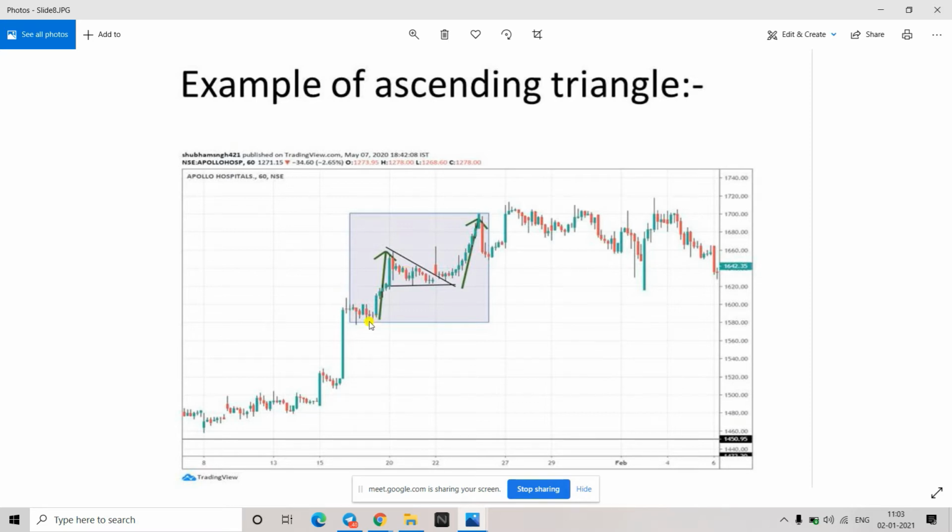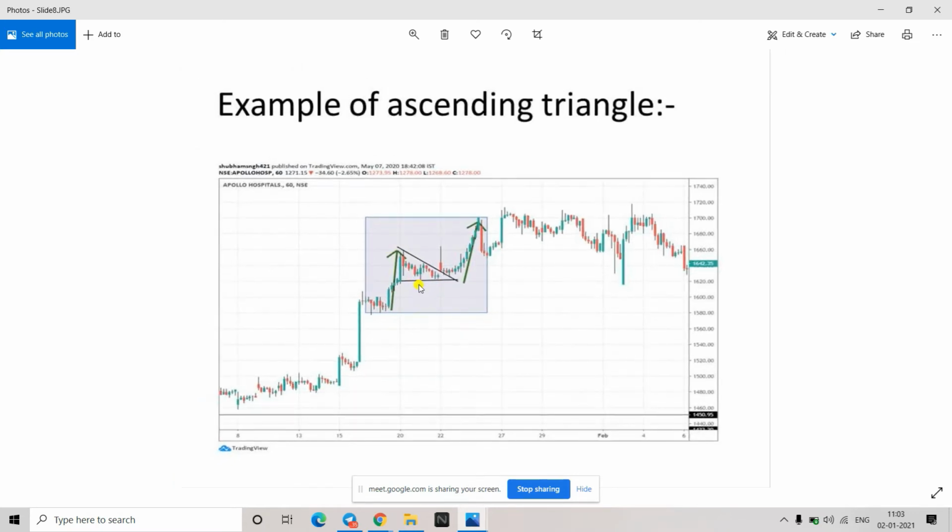So generally what we do is, see, this is the swing high and this is the swing low. We calculate the distance of this, and the same we keep as the next swing high. So this is generally done based on the volatility. Because of the volatility, this is the previous low and this is the high. So based on that, we can predict the immediate next resistance. That's how we do it. So this was an example of a bullish triangle pattern.